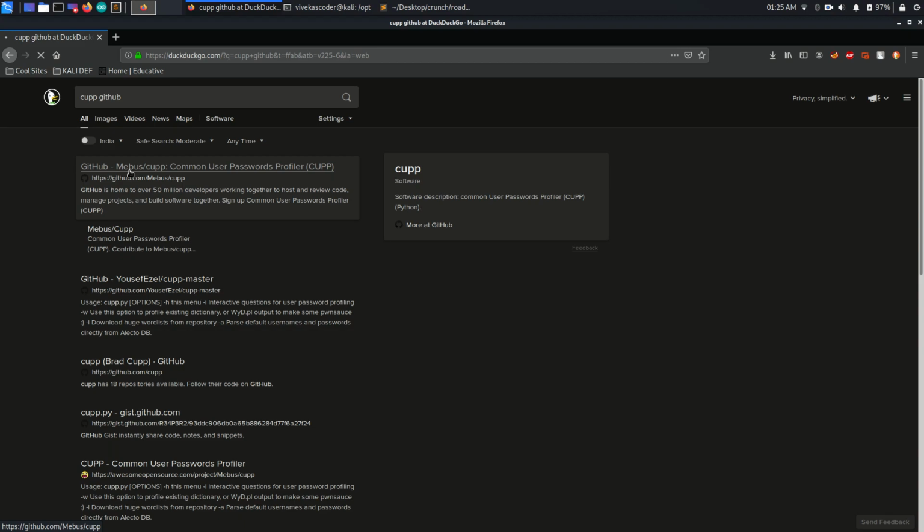Now CUPP stands for Common User Password Profile. It's actually a Python based tool that generates word lists based on certain input, right? I personally don't like it much, but if you find it useful, then surely you can use it.